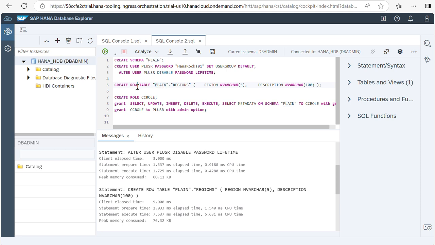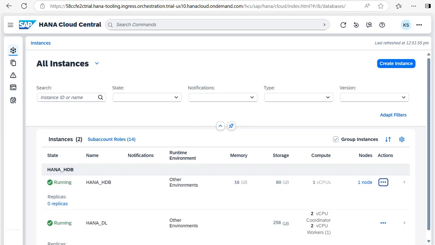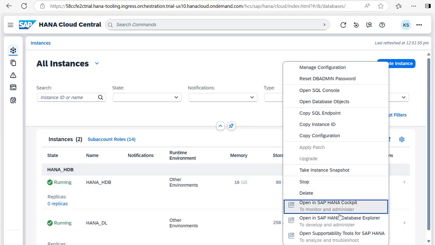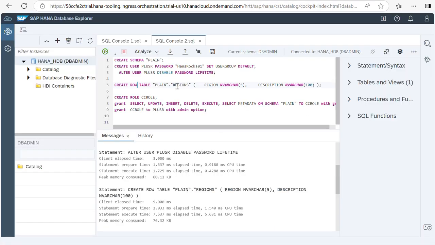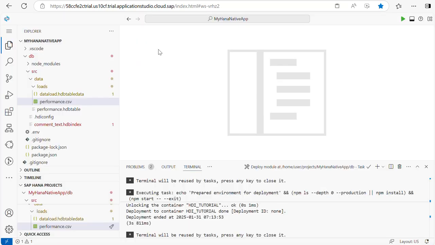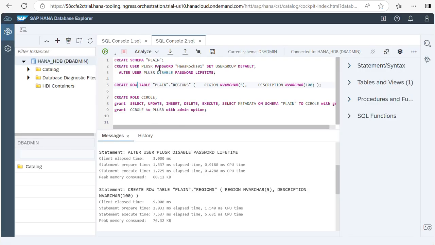So in case it does not work for you, what you have to do is log in to your instance from here, open the SAP HANA Database Explorer, then navigate here, then it will work. So what happened here is a connection is made. If you see, both schemas are the same, one is in the SAP HANA Cloud database instance and one is in the HDI container. Now the next step is we need to load data for this schema also. That means for this table also I will load the data. For that what you need to do